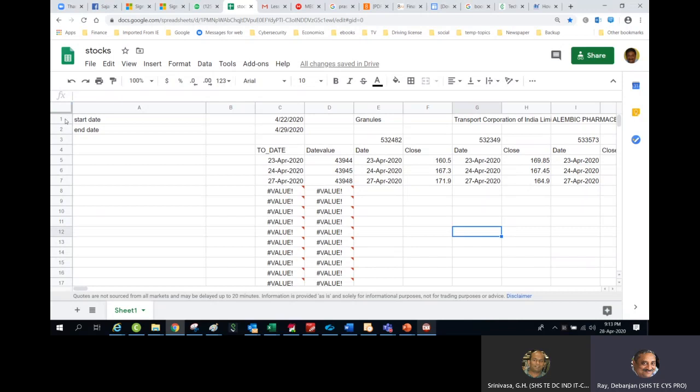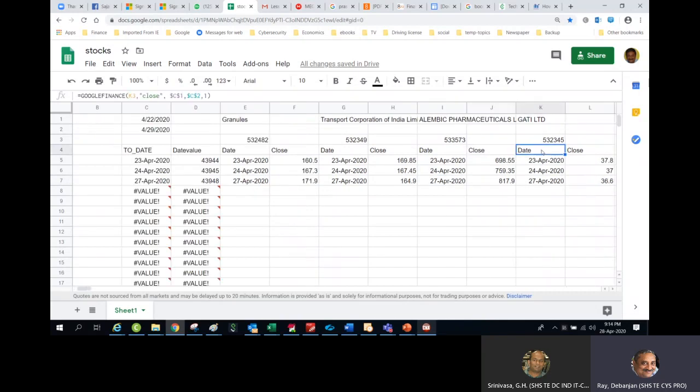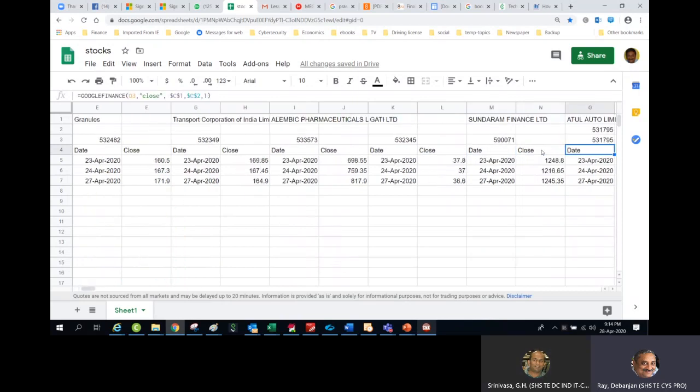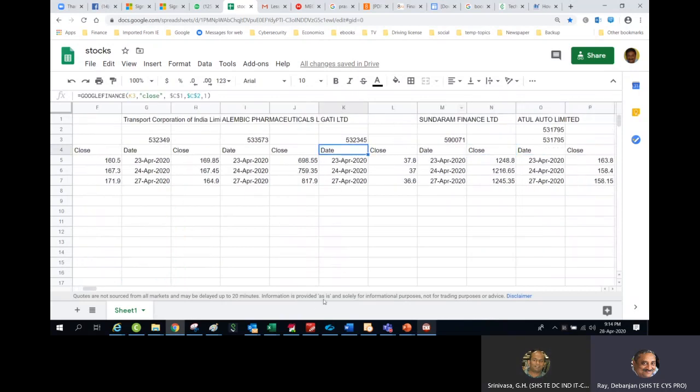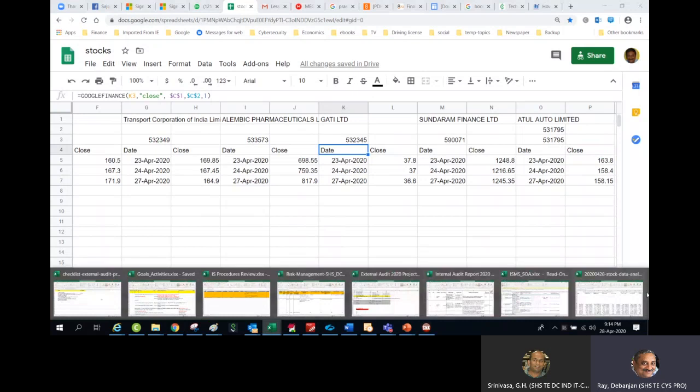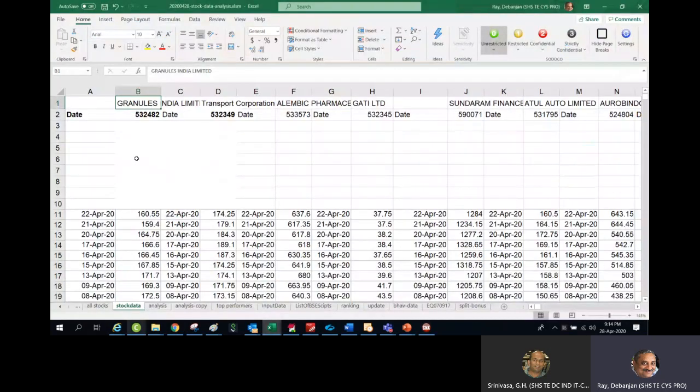So what I do, I just simply select this Excel sheet row. If you know the way I have organized the order, for example, you can see Granules is coming, then Transport India, then Alembic Pharma, then Gati, Sundaram Finance, all these things. The same organization is there in my Excel sheet.